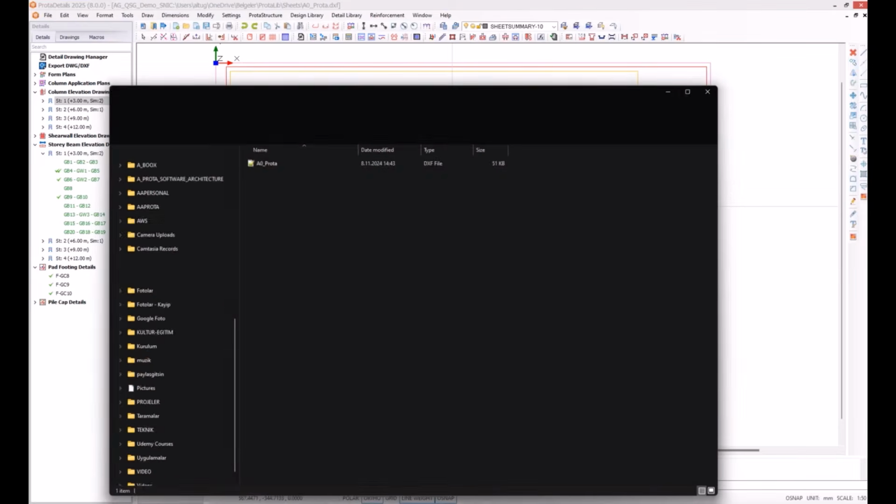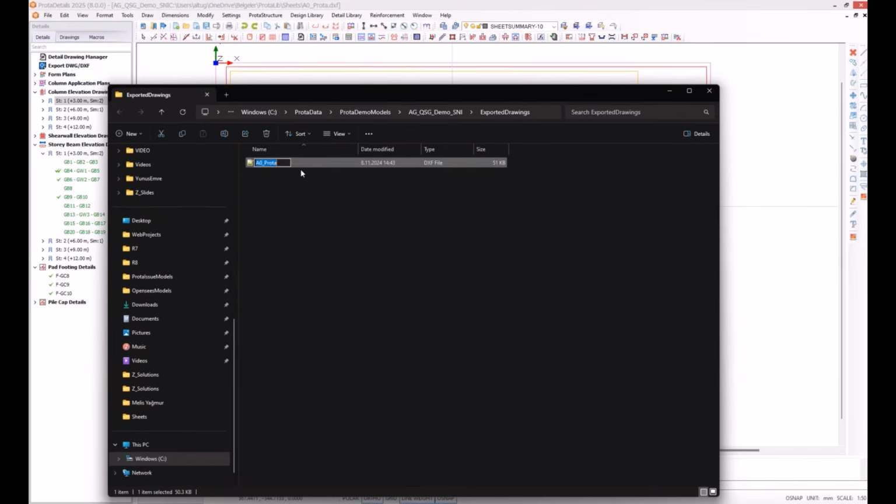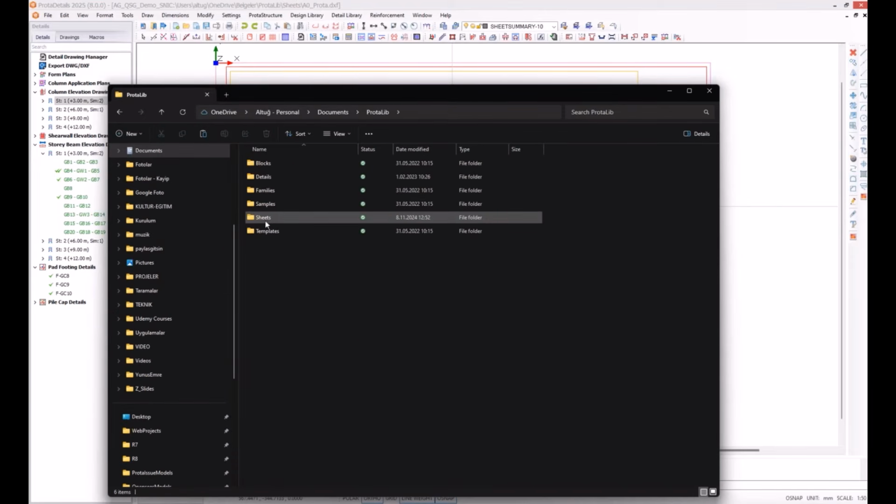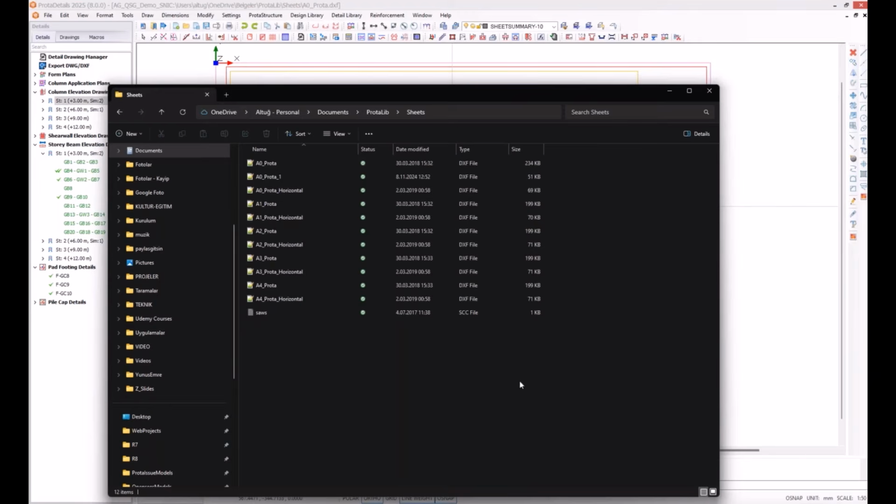Okay, why not? This is with the same name, but this is a new sheet, so I will rename it to new sheet. Okay, I will cut this from here and again go to my Protolib folder, and under the sheets I paste it.